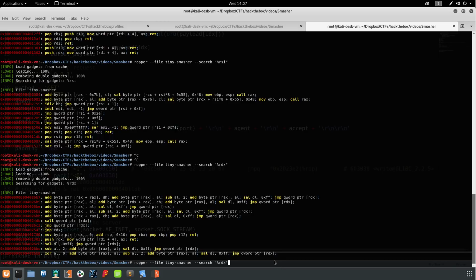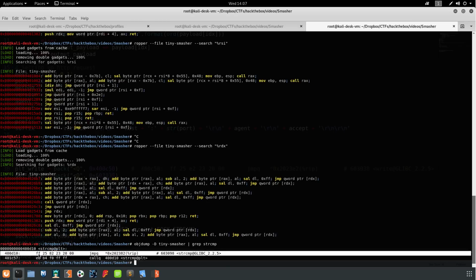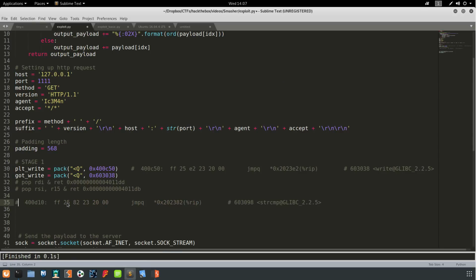So we need to repeat our instruction up here where we grep for write. This time we need to grep for string compare. And so we have that here. So we'll take that and paste that over here for now. Again, comment it out. So we're going to need a PLT for string compare. And that's going to be equal to pack quad word,